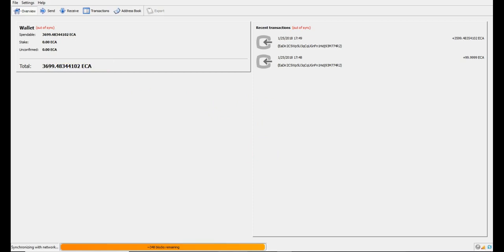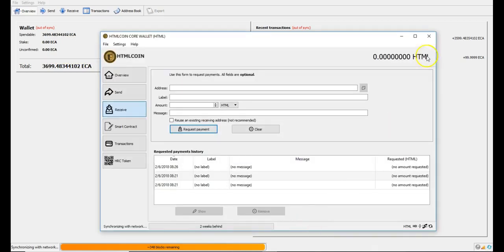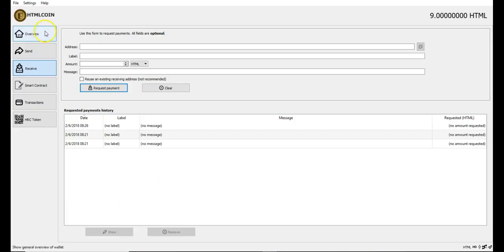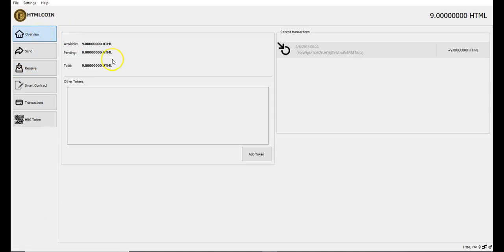Okay, so I just wanted to show you that part. Here's our other wallet. Let me get rid of this one. Got about 2 weeks behind, so we're almost there. This one has the same thing circling right here. There you go. So almost there. 2 weeks behind there, and then we should see our 10 show up right over here once that is fully synced. All right, guys, we are all synchronized, and as you can see,